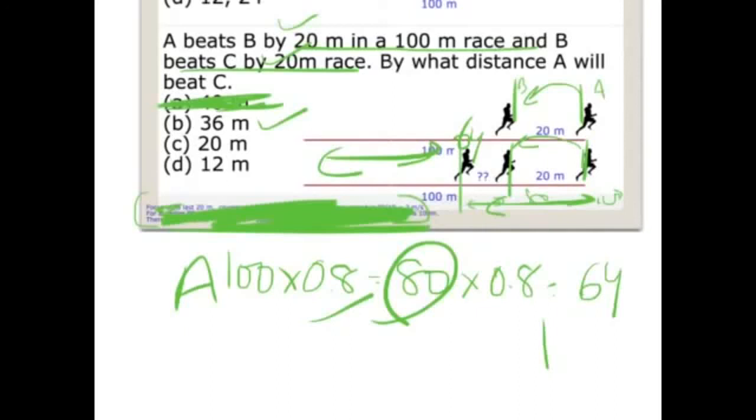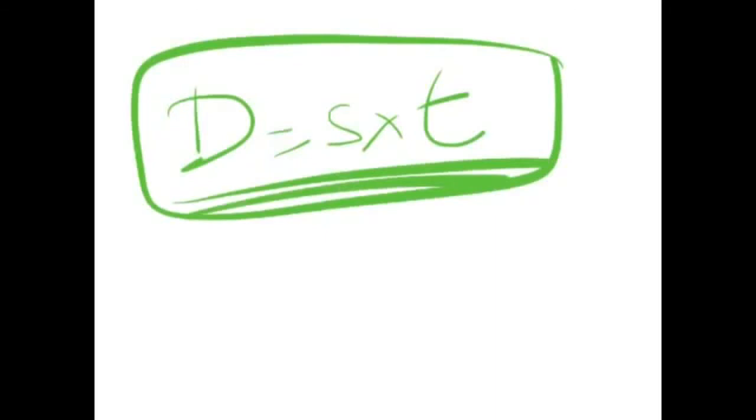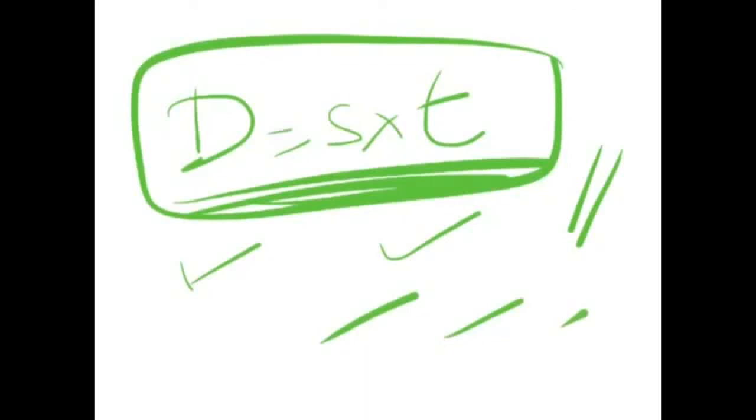Fine. So please open up your books and try to understand everything. Trust me, time and speed is only one formula. Distance is equal to speed into time. Nothing else. I'm not going to use any other formula. I know there are people who innovate new formulas and everything, but they are not valid across the board. But this one formula is the only formula which I'm going to use to solve every question of time, speed, distance. It can be a question based on trains, on races, anything; it is basically the same concept. Alright, all the best. Thank you.